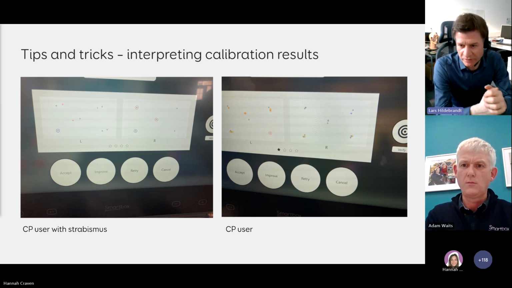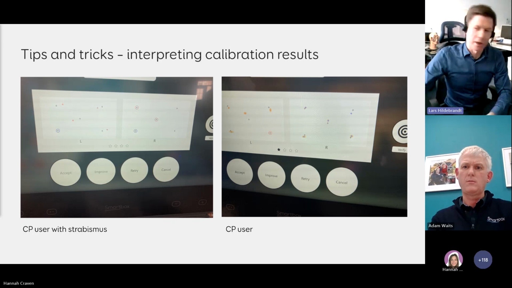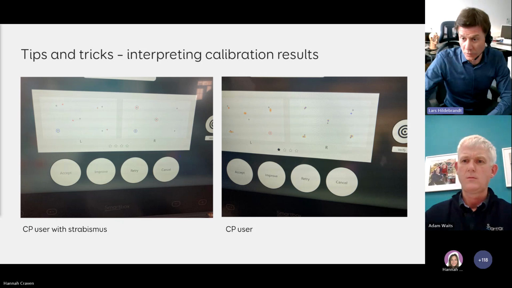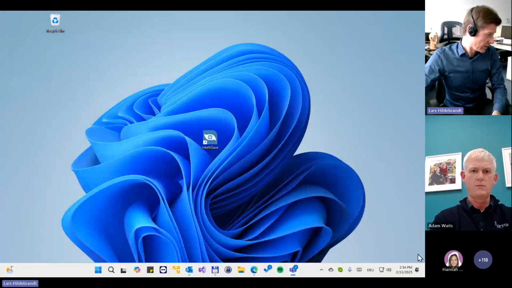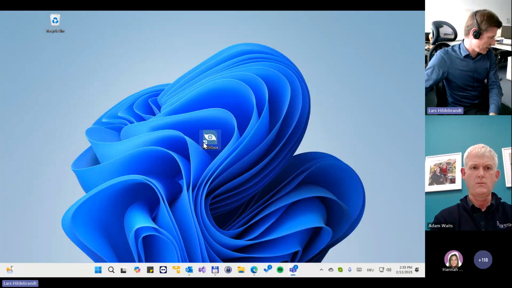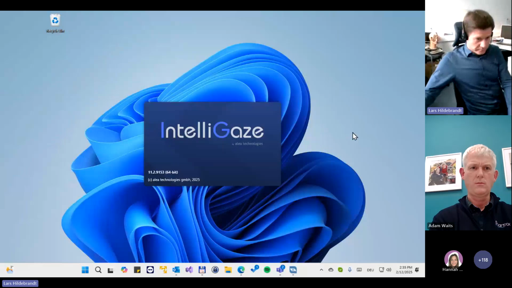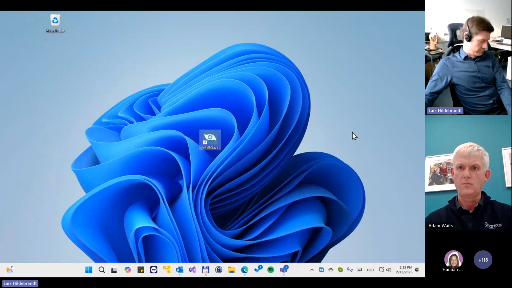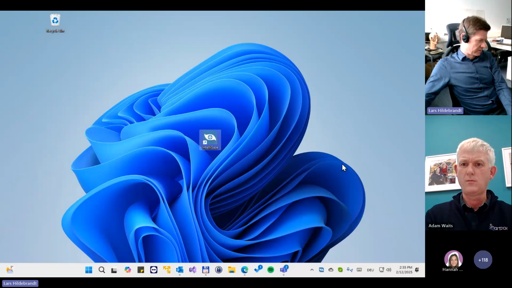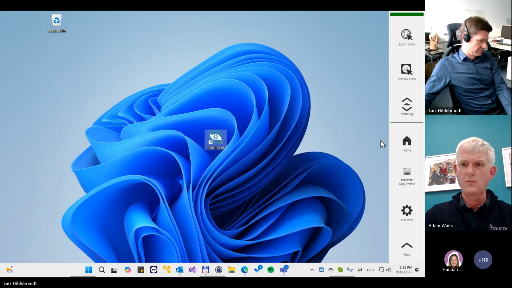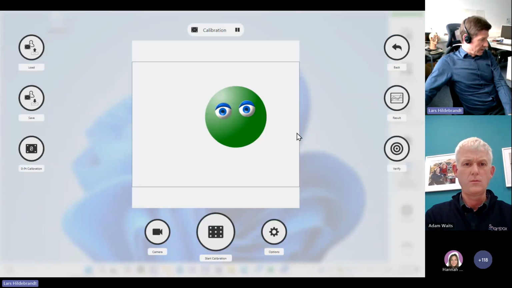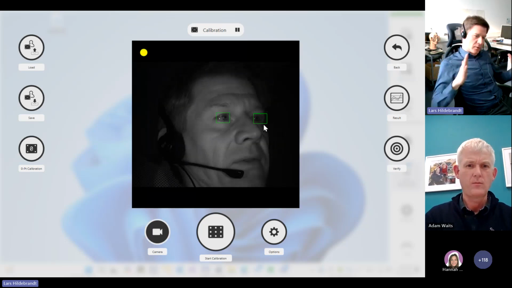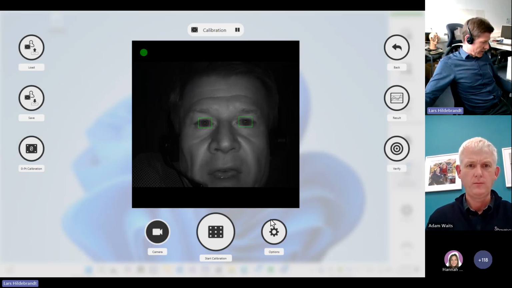I said it, this is only available in IntelliGaze. Maybe I show you once again how to do this. I'm now sharing my screen again and launching IntelliGaze. In IntelliGaze, the way to go is always home menu, calibration. The first rule is, of course, set up the device properly, face always parallel to the display, and then